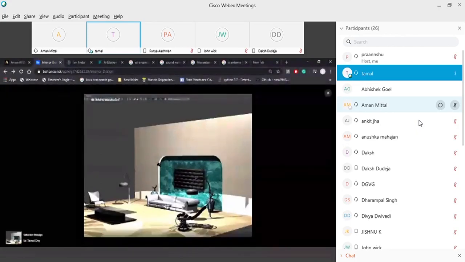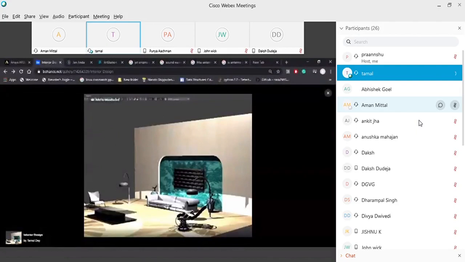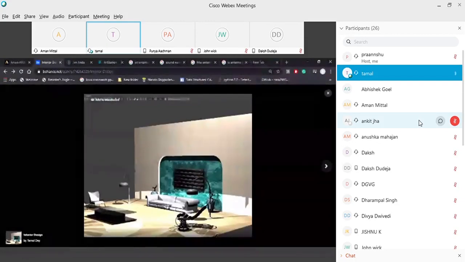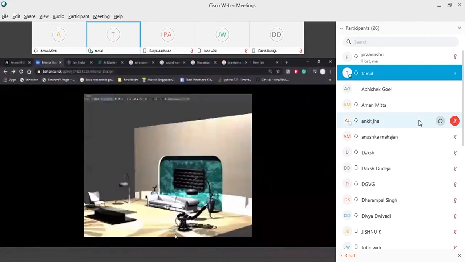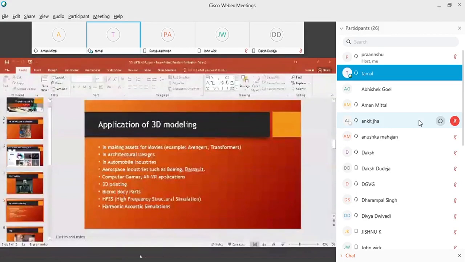interior decorations, interior designs. This is created on Autodesk Maya, but today we are going to explain Blender because Blender is free, whereas Maya is very expensive. And when I say expensive, it is very expensive. So next,